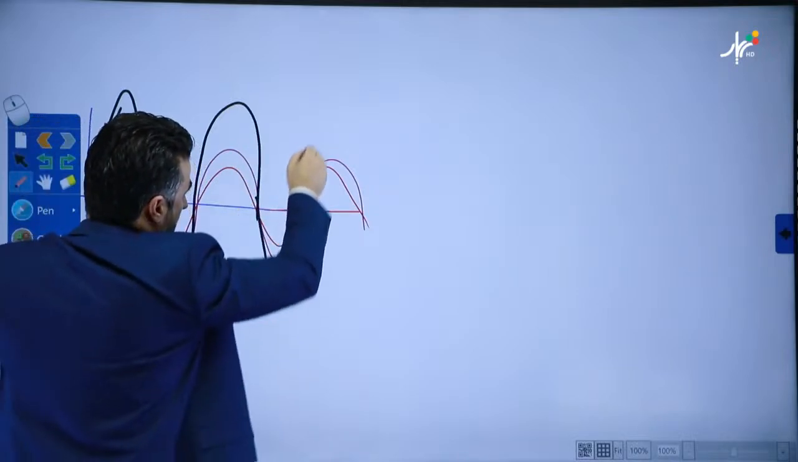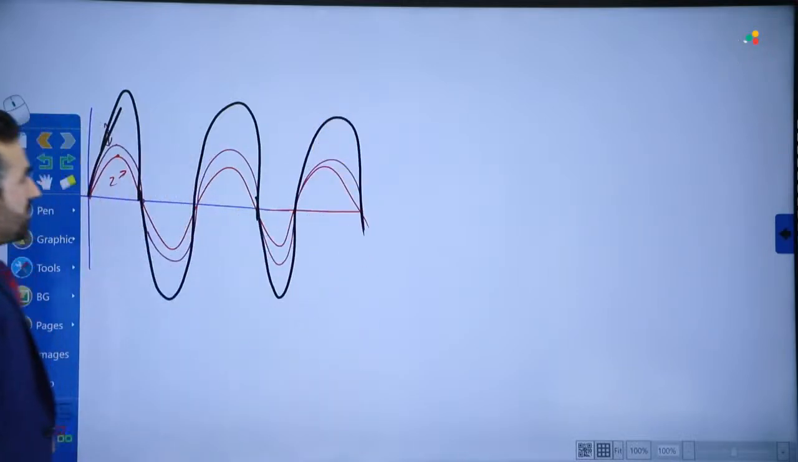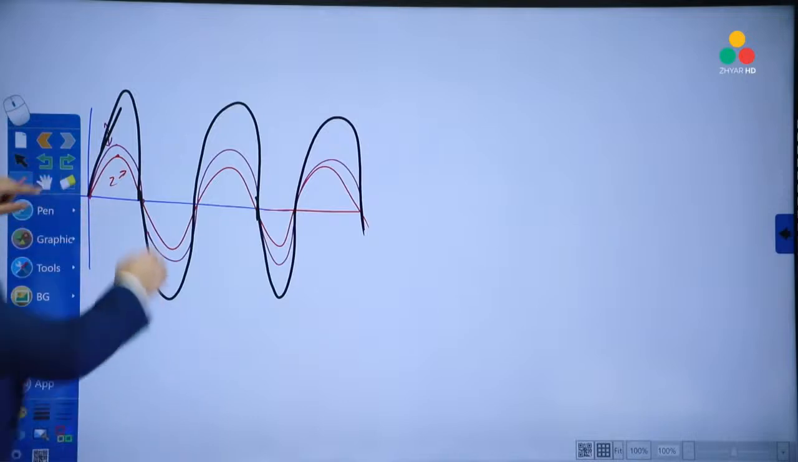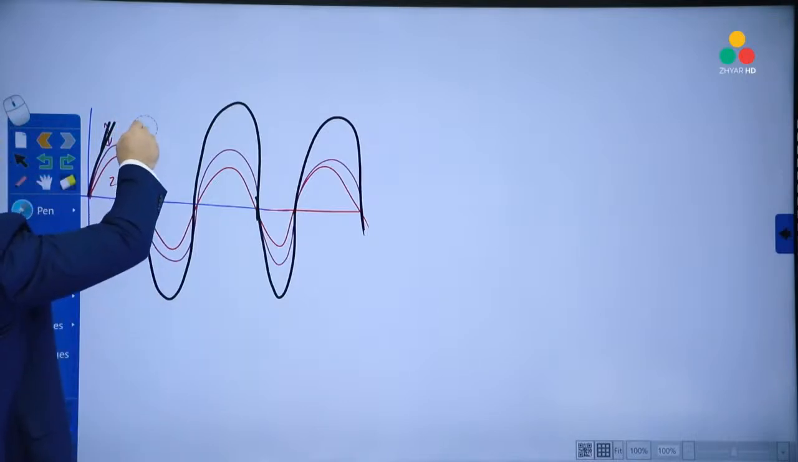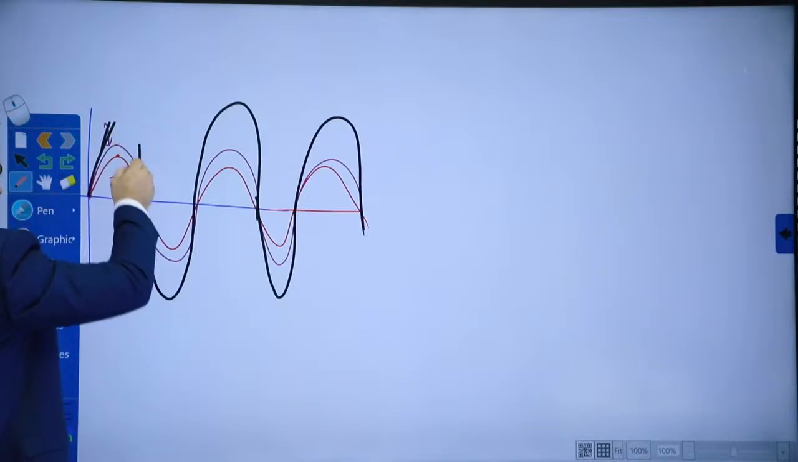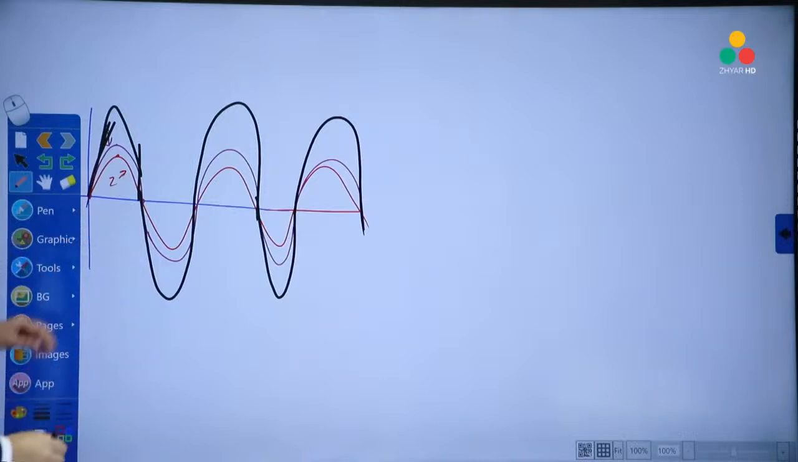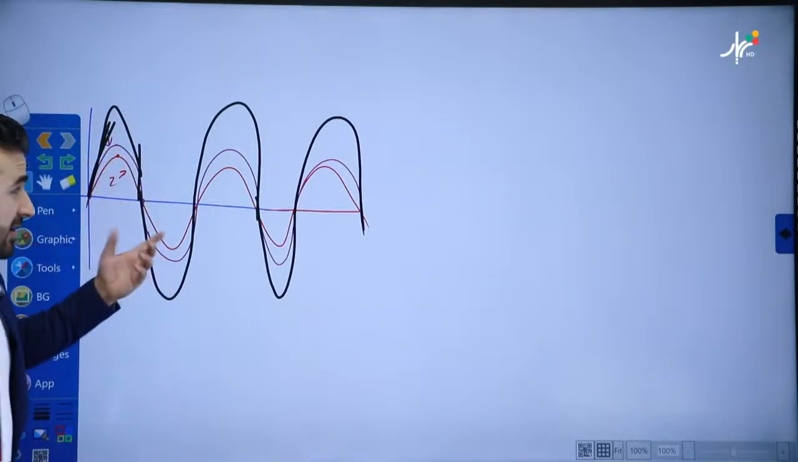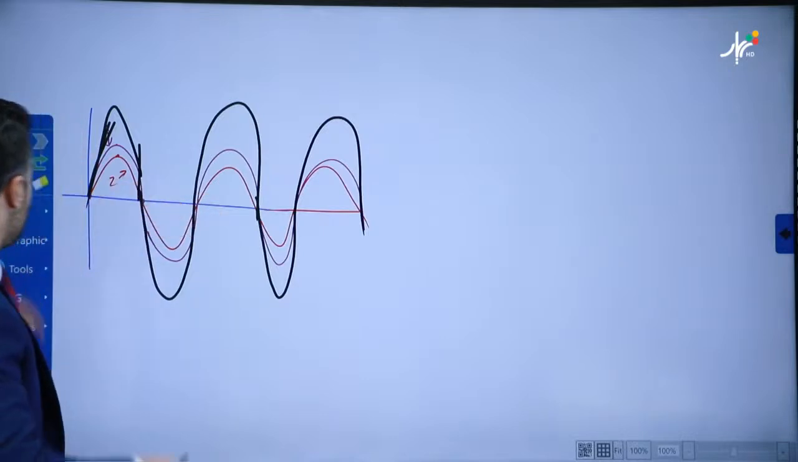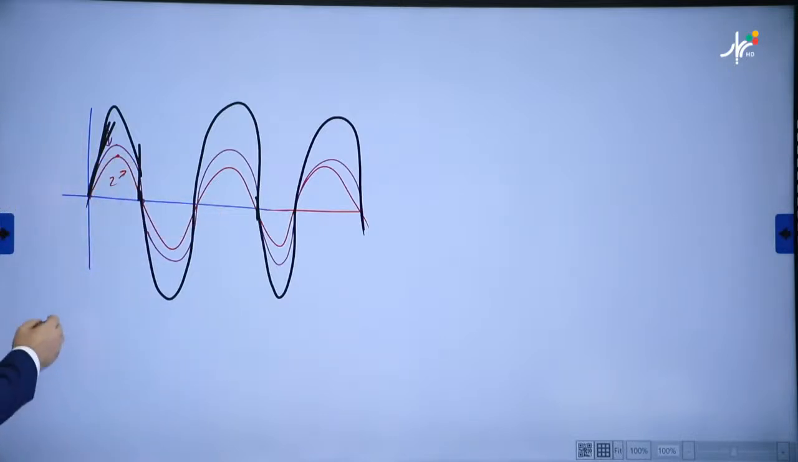Maybe these are not very precise, but let's fix this part a little bit so it looks more convenient. Now you can see we have two waves, and the third wave is basically the resultant of these two. So the amplitude of the total is going to be